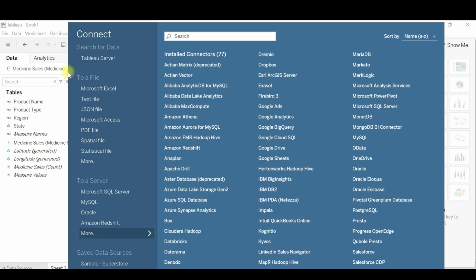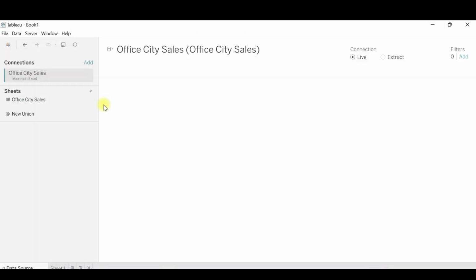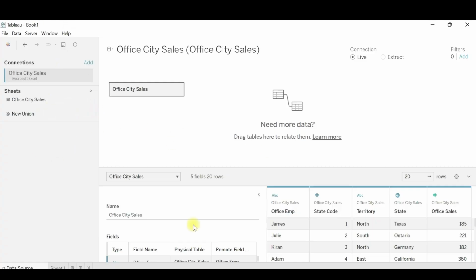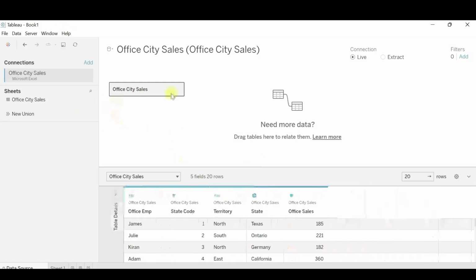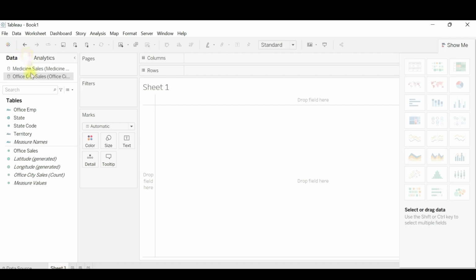Now we'll import the second data source, that is office city sales, and once we do it, you'll be able to see the office city sales. And do note that the common columns between the two are the territory and the state. Now, when I go to Sheet 1, I can see both the sources visible here.